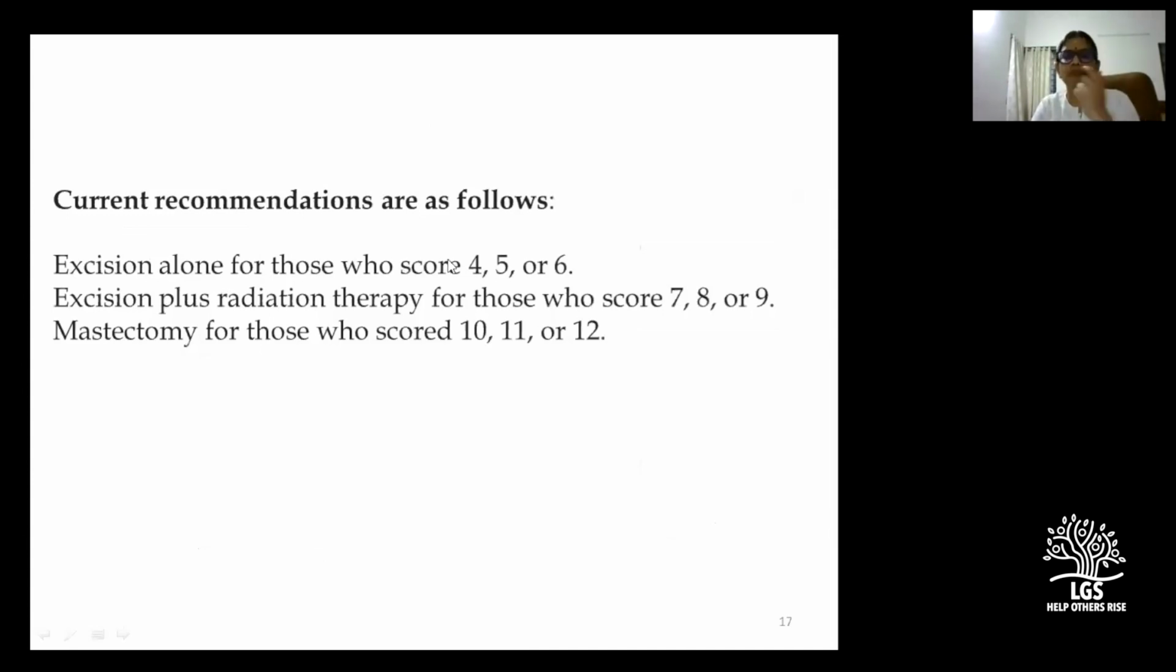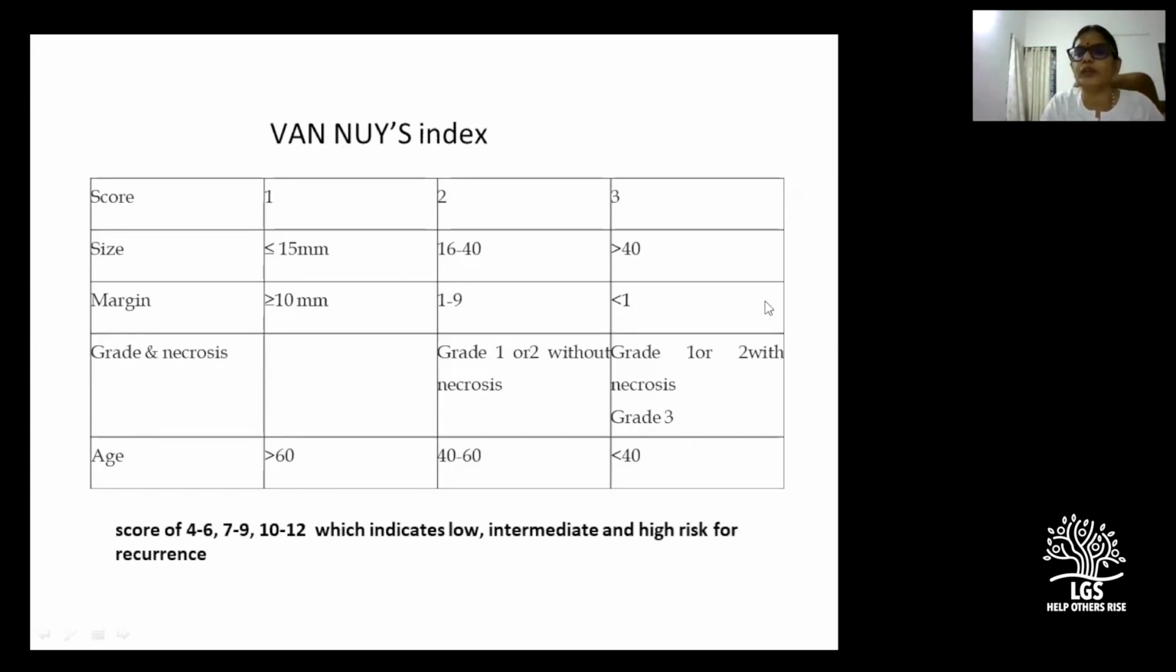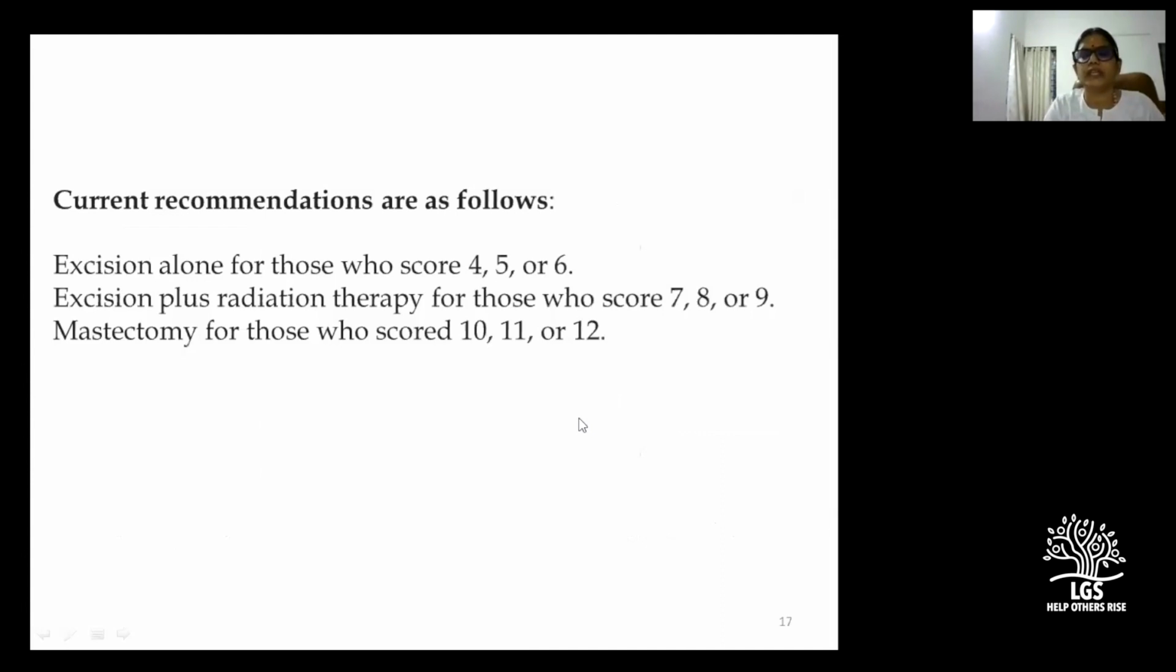So this is what I summed up here. Excision alone for score 4, 5, or 6. Excision plus radiotherapy for somebody who gets 7, 8, or 9. This information you will get only after excision: the size of the DCIS and margins. This is to guide the radiotherapy decision after excision. Somebody who scores 10, 11, or 12, mastectomy would have been a better choice of treatment for them. If you've done breast conservation, it's a good time to reflect whether to go back and complete a mastectomy on them